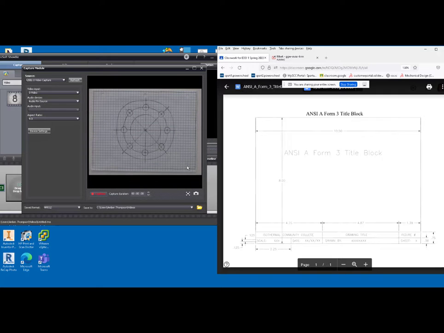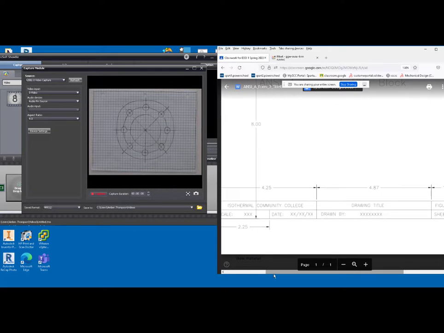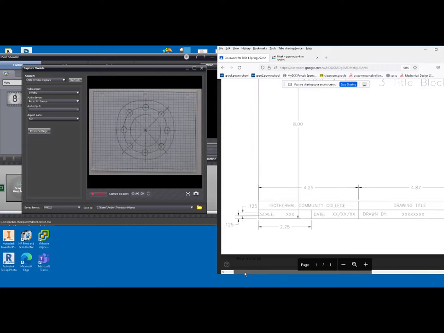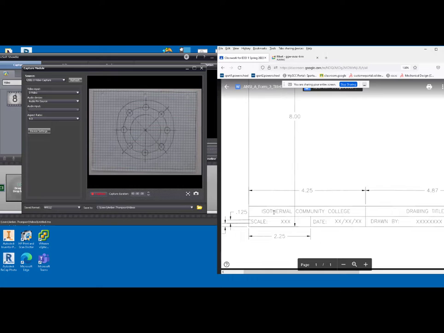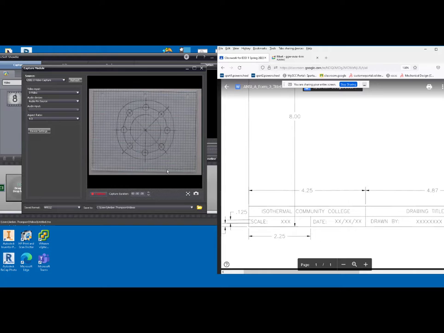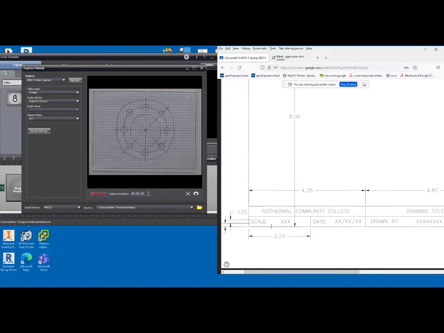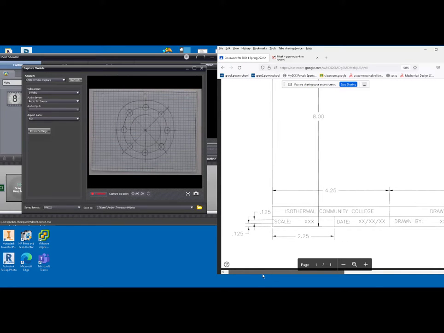Now, if I zoom in, if I come over here to Google Classroom and zoom in to where I can see some of the title block, this bottom part is the title block. So the very bottom line on our drawing, which if you can see my mouse, this is the bottom line of the title block, and over here this is the bottom line of the title block. So we have a 2-layer title block here where we have this one line and then another line, and those lines, you can't see